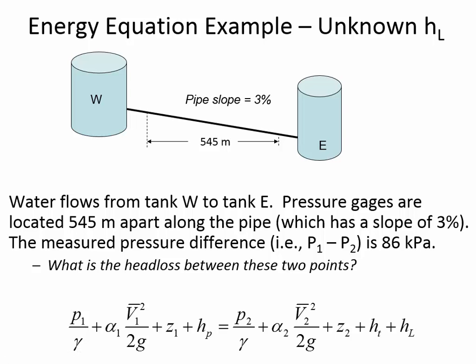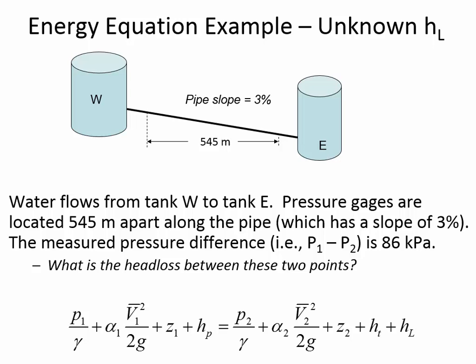All right. So here we have a series of tanks. We've got the west tank and the east tank, and water is flowing from the west tank to the east tank. Now, in the previous example, when we were working with two tanks, what we did was we selected location 1